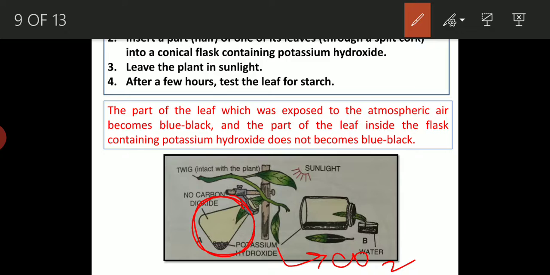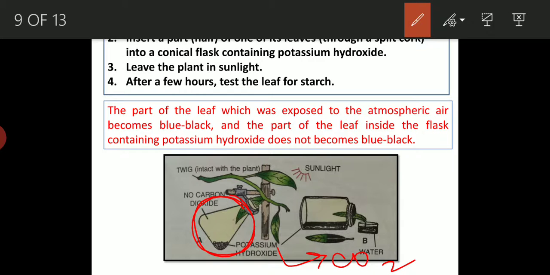That's why photosynthesis cannot take place inside the conical flask, and so the portion of the leaf which is present inside the conical flask doesn't become bluish black. That means there starch is not formed, or there is absence of starch due to the absence of photosynthesis, because photosynthesis didn't occur, right? Due to the absence of carbon dioxide, as potassium hydroxide has already absorbed the carbon dioxide which is present in the conical flask. That's why starch has not formed, and as a result bluish black is not seen, due to the absence